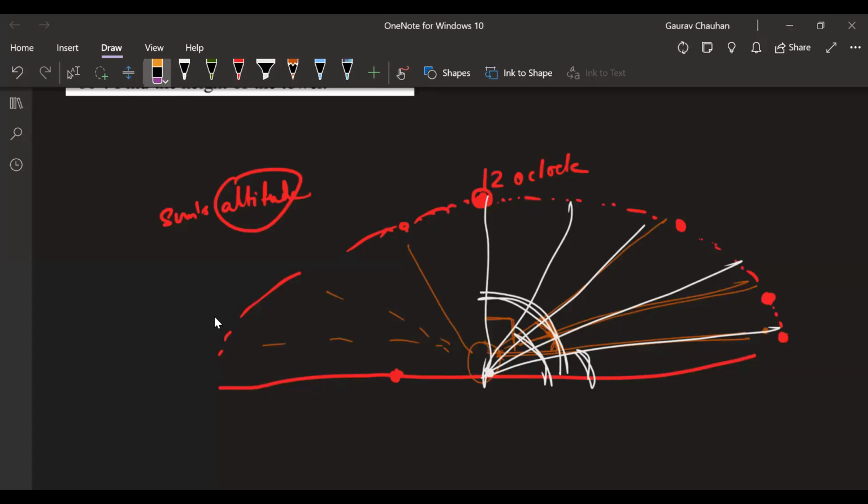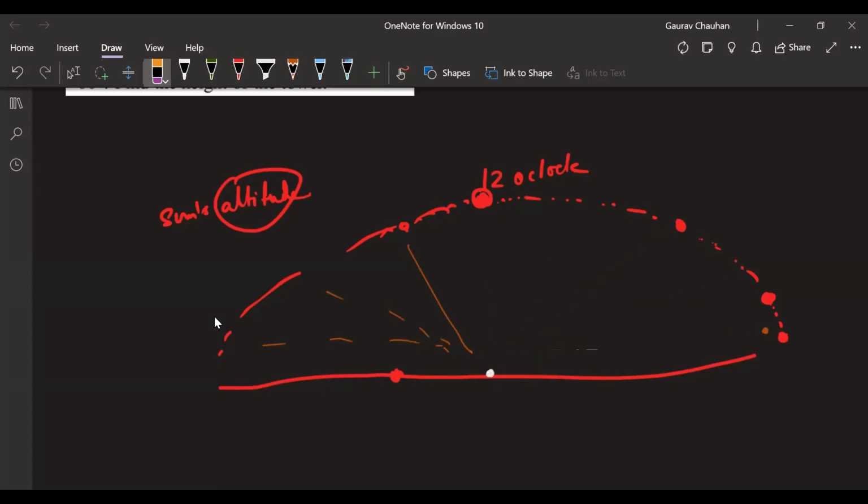Like I said, it does not matter whether it's a building or a point or a person, because those distances will be very small. So we'll just think of it as not mattering. When we talked about the height of a building or a wall, we have to consider the height of the person also. But when we are talking about the sun, we don't have to consider the height of the person or the building. Understand now? Yes. That's why I'm saying its angle of elevation will be the same.